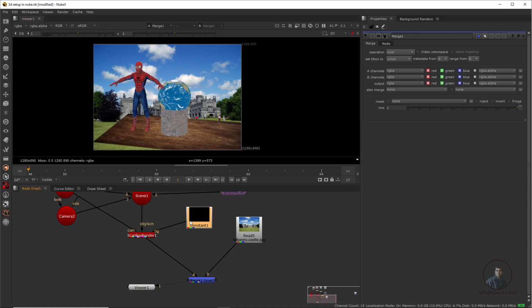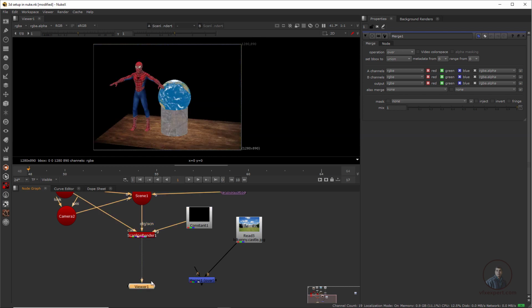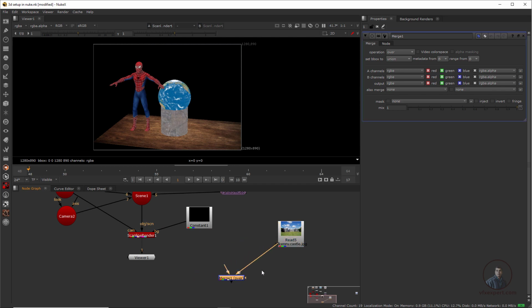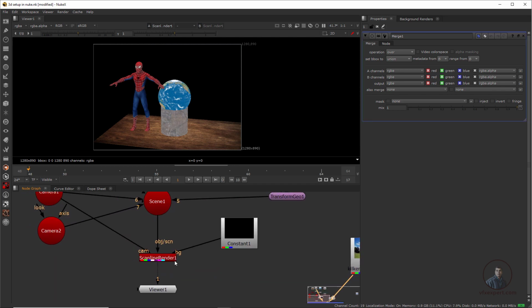So directly here we are not going to use any background image or any compositing image here. This is only for matching your perspective here, remember this one. So there are important things here. Now this is looking good here. So again, unplug all these things here, and again connect with this scan9 render here. So simply here I have rendered our 3D scene output with our scan9 render here.